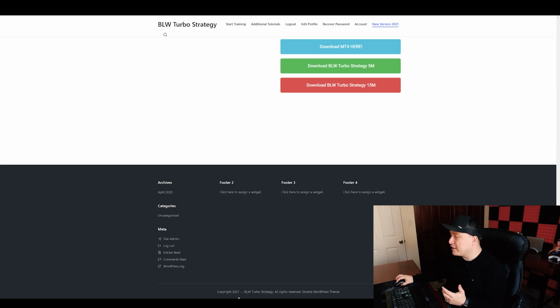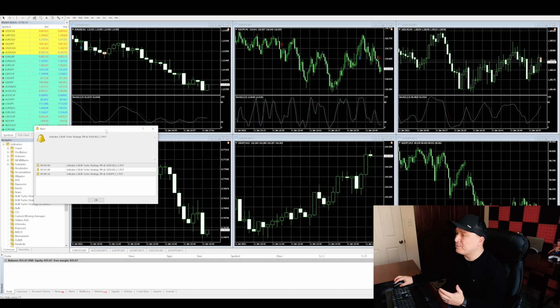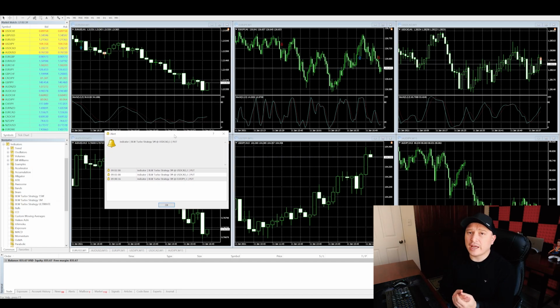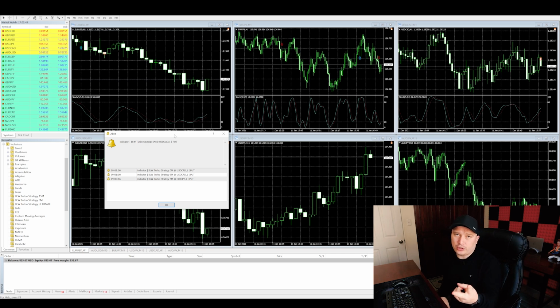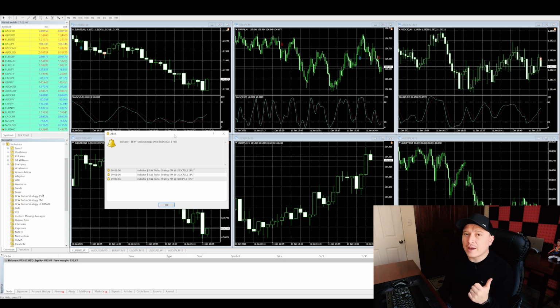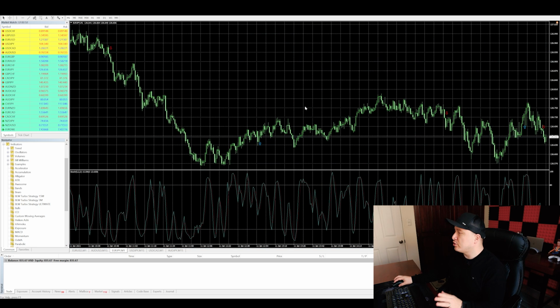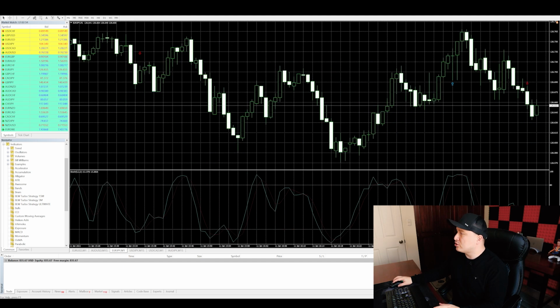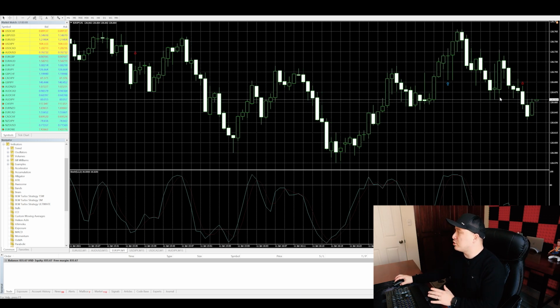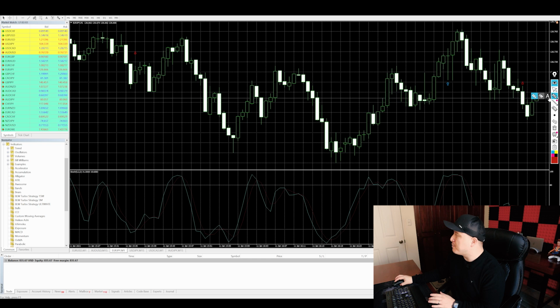Now we're going to jump into the differences between the old one and the new one. So the new one has two versions. One is for 5-minute trades and the other is for 15-minute trades. How do the 5-minute trades work? As you can see, there was an alert right now that I just closed, and this is exactly what you're going to get. You're going to get an alert saying, hey, you should enter your trade right now for 5 minutes,